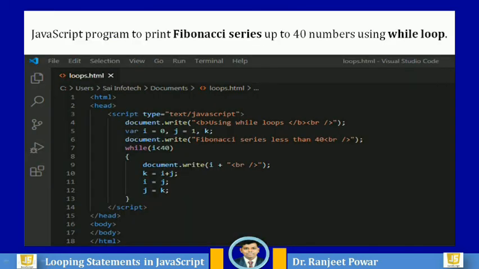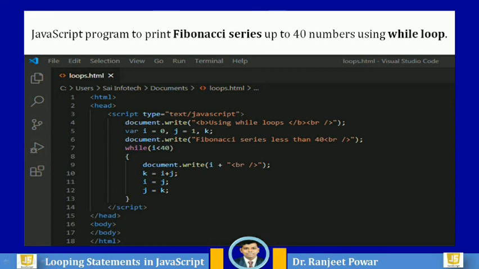Here is the example to print the Fibonacci series up to 40 numbers using a while loop. In this example, the count variable is i, and in while the condition is i less than 40. Then the document.write method writes the value of i.